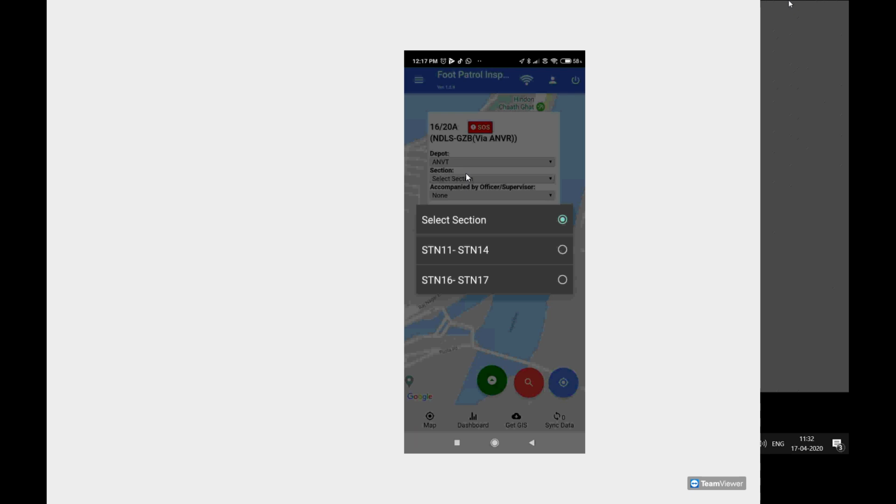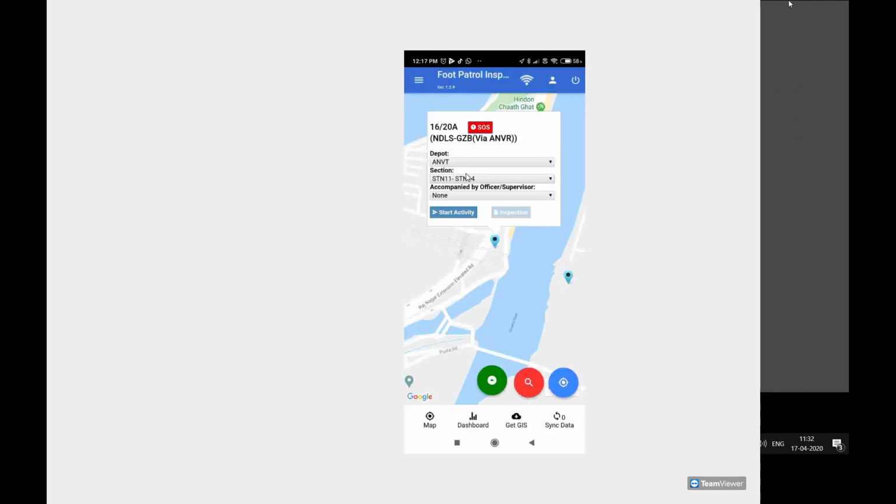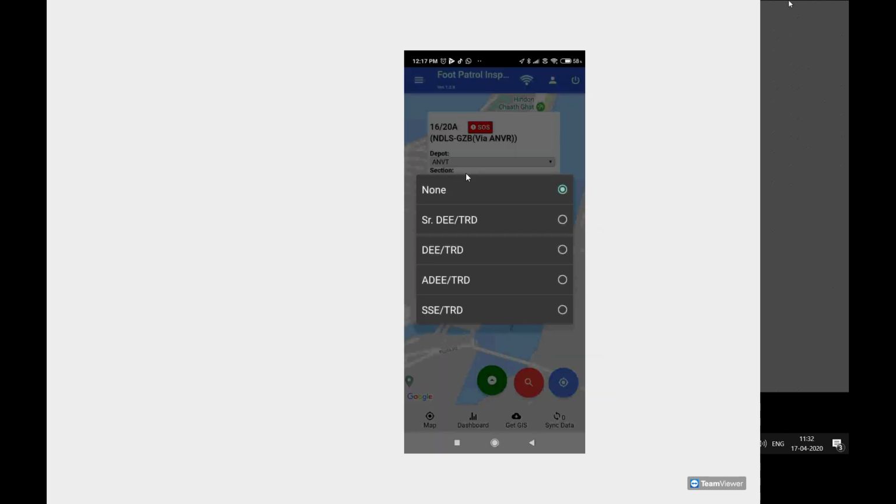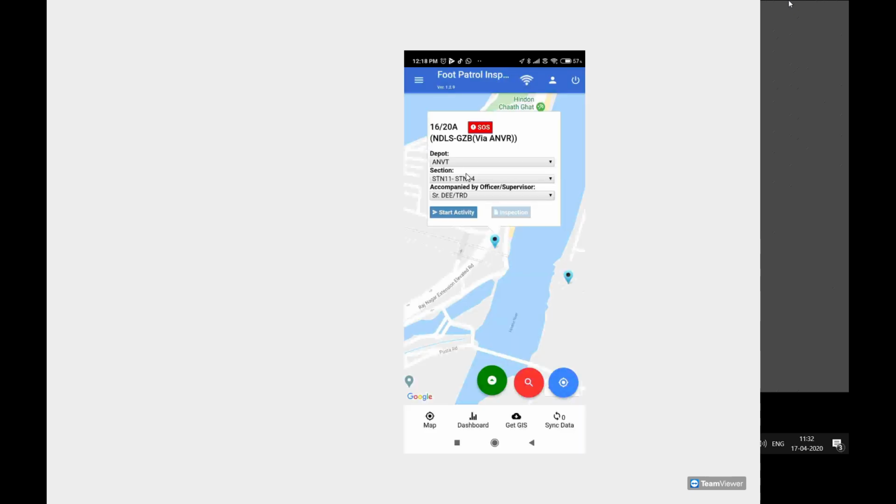Suppose I select this section also, one more new option we have provided that was not there in the previous version. This is accompanied by officer/supervisor. We have provided this for specifying that if a lineman or SSC is going for patrolling and some senior person is accompanying for this patrolling activity, he can specify which official is going to accompany for this patrolling. He can also select this. So suppose I click on the senior DRD option, as I'm going for today's patrolling activity with senior D. So now if I click on the start activity,